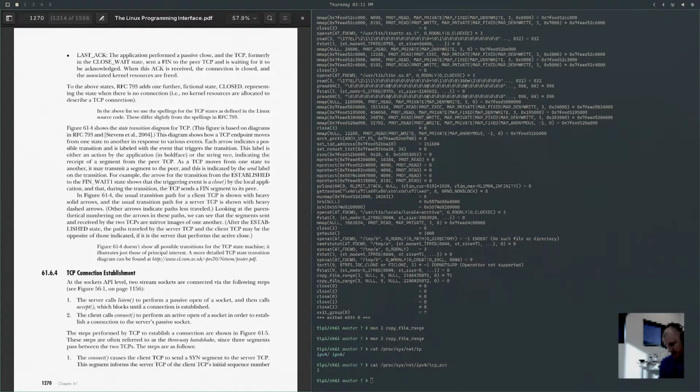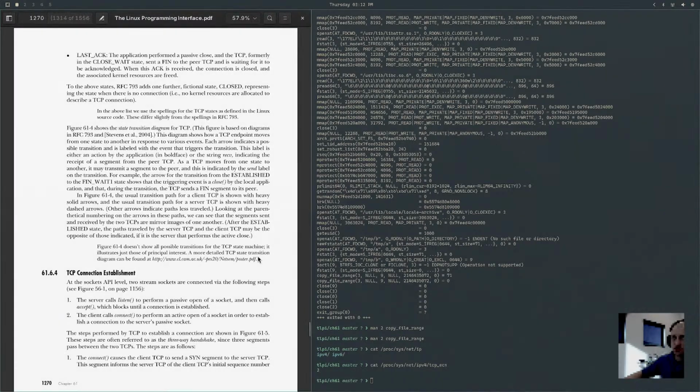After the ESTABLISHED state, the paths traveled by the server TCP and the client TCP may be the opposite of those indicated if it's the server that performs the active close. Figure 61.4 doesn't show all possible transitions for the TCP state machine. It illustrates just those of principal interest. A more detailed TCP state transition diagram can be found at